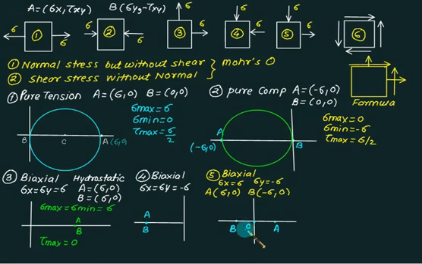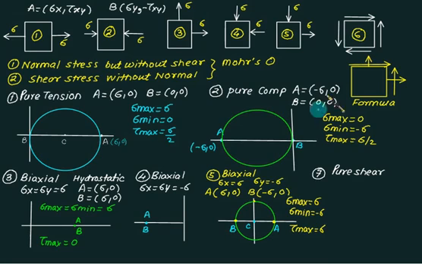So C will be exactly the midpoint. So you can draw C as the center and AC as the radius. So this is a very unique case. In this case, what you find is that magnitude wise sigma max is the same as sigma minimum, which is the same as tau max. So sigma max is sigma, sigma minimum is equal to minus sigma, and even tau max is also equal to sigma. So magnitude wise all values are the same. A very special case for two equal and unlike normal stresses. You almost get the same thing in figure number 6 also, which we will prove in a short time.